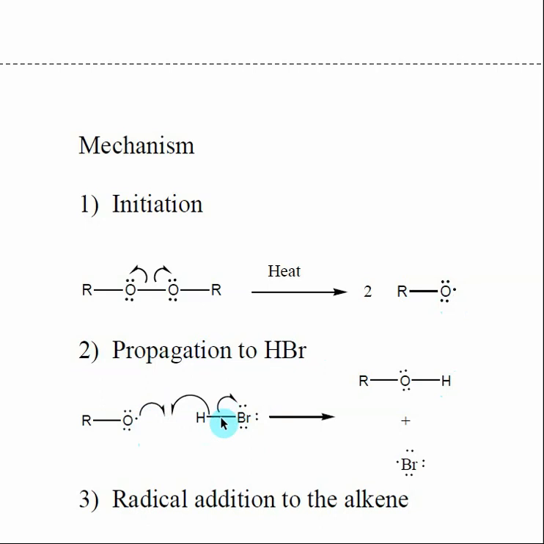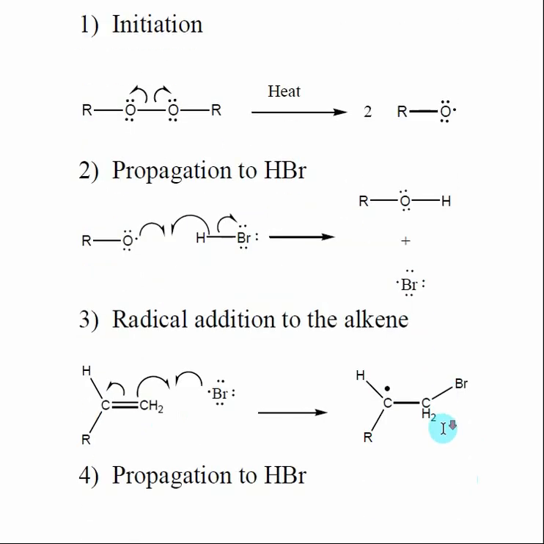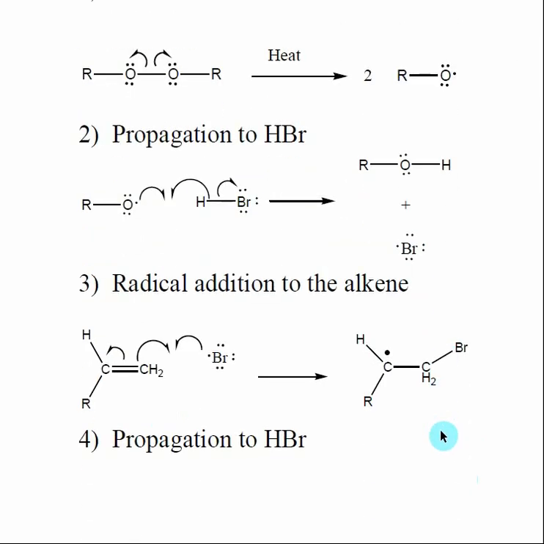This bond represents two electrons. One electron goes to the bromine. That forms a free radical. The other electron combines with the electron from the free radical to form an electron pair, or this bond. So we put in a free radical oxygen, and now we've gotten a free radical bromine out. So then the bromine can actually add to our alkenes. We saw before that free radicals can add to a double bond, and that's exactly what it does. And when we do this,